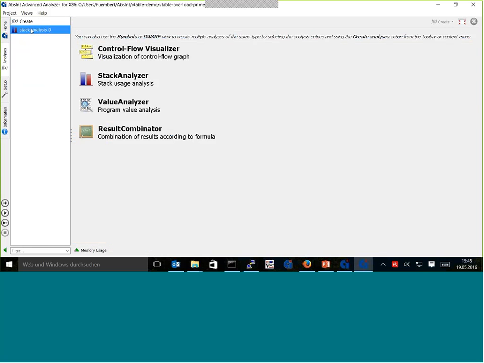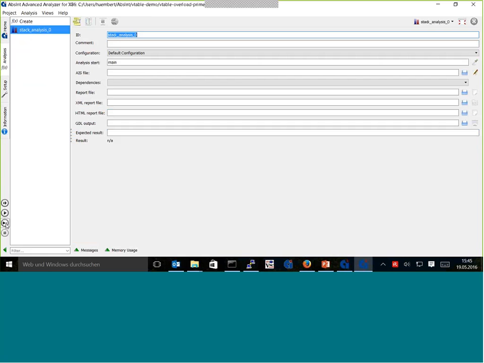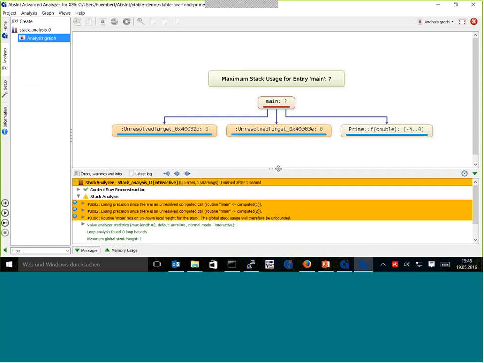So let's start the analysis. I've prepared here a small stack analysis, and if I start it, that's exactly what we see. We will get 2 computed call warnings, and the last call for this double value is resolved properly. You see here, by the way, also this nice improvement that we can now visualize the C++ symbols in C++